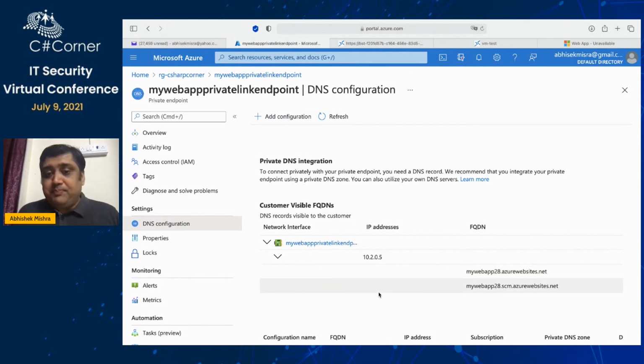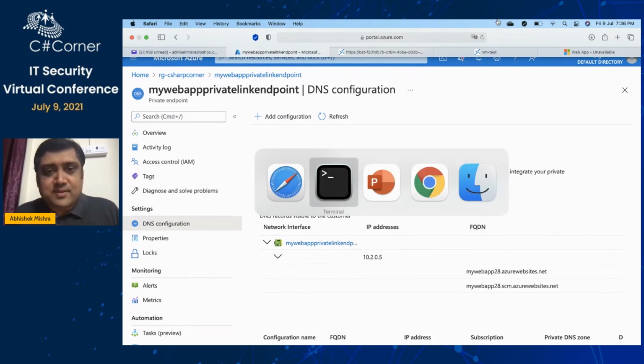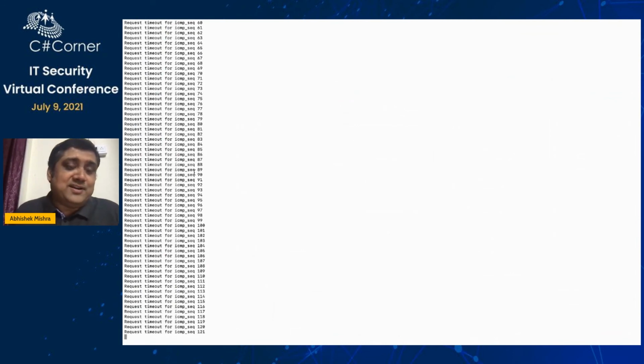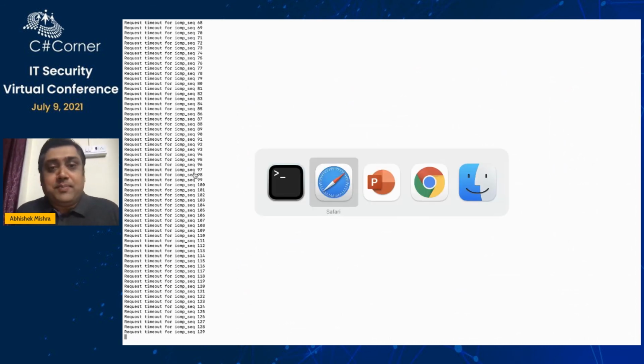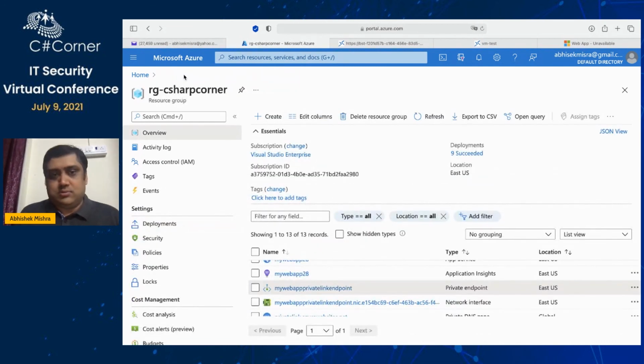Anyone can ping in the chat why we could not connect from the local laptop. I think it's a very easy answer. It's still trying to connect, but it cannot. Okay, let me tell you. It's because it's in the VNet. That is why it's not able to connect. But you can see that we could connect inside here. So that is the demo I had for you, to show how we can secure a public resource in Azure using private link.